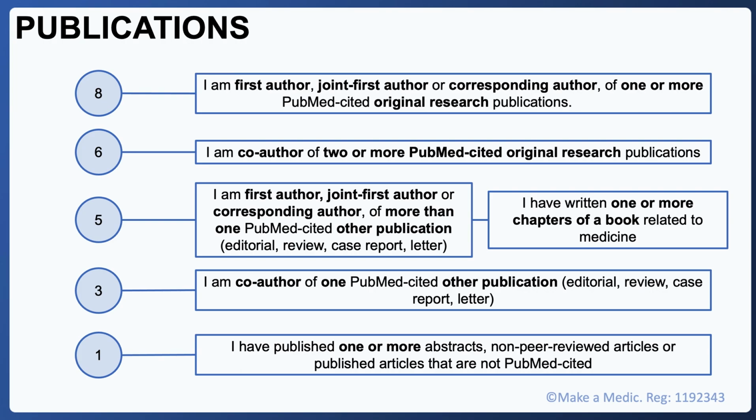So the next section's publications, and there's quite a few points here, up to 8. But they're going to take a little bit more time to get, and you're not going to get them in a shorter period of time compared to some of the other sections. So you get 8 out of 8 points for the first author, joint first author, or co-author of 1 or more PubMed cited original research publications, and then subsequently get less and less points based on being co-author,